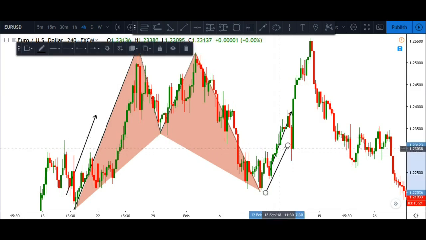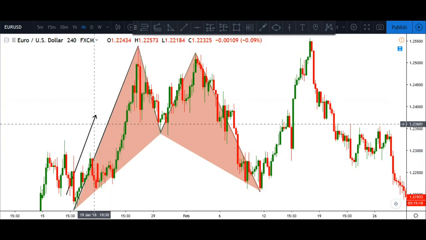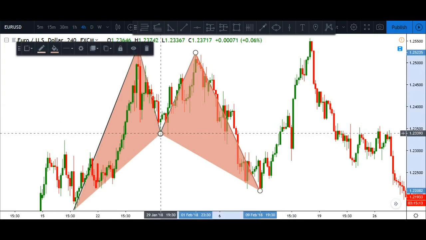Alright, traders, that's what I'm trading in Forex. I mostly trade advanced patterns. So if you are interested in trading advanced patterns,